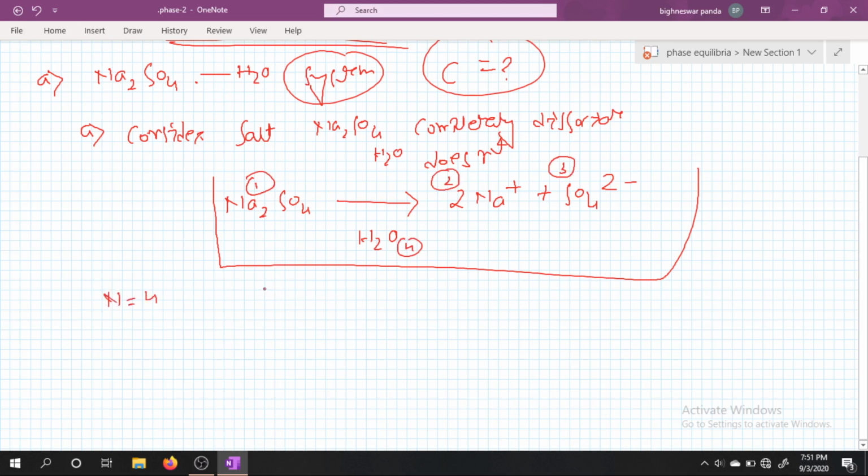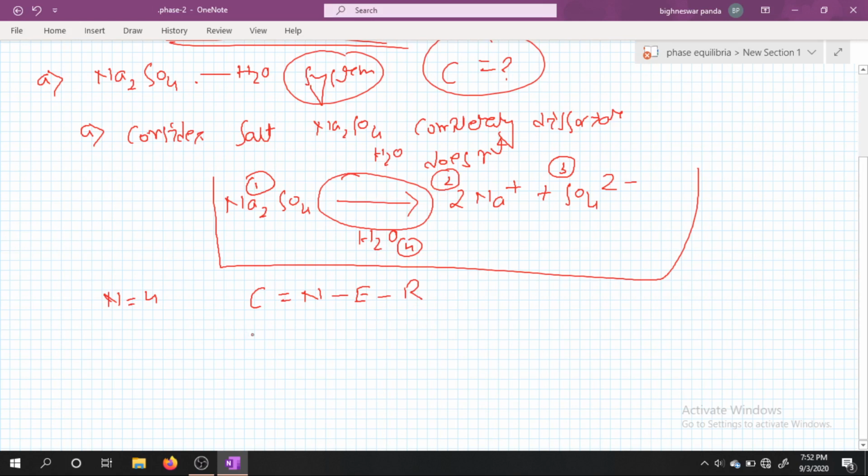I have to calculate component. So C is equal to, we have the formula, n minus E minus R. N is the number of species or constituents present in the system, 4 constituents. E is the equilibrium. It is not an equilibrium reaction, it is only a reaction in the forward direction. And R is the restricted condition.